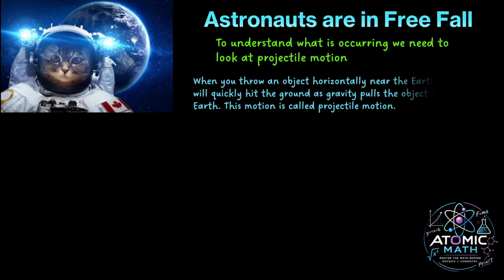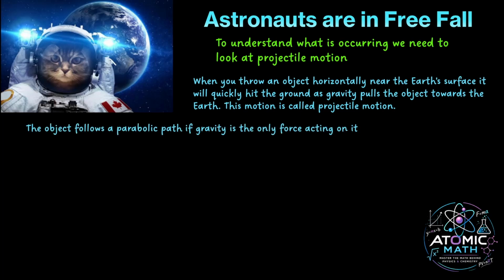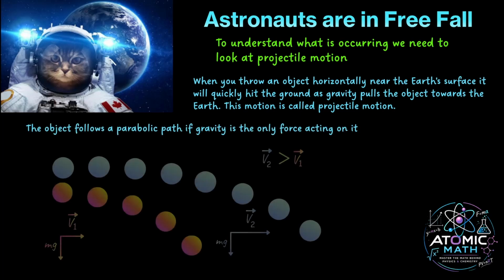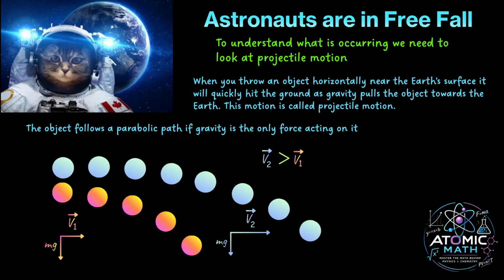When you throw an object horizontally near the Earth's surface, it will quickly hit the ground as gravity pulls the object towards the Earth. This motion is called projectile motion. The object follows a parabolic path if gravity is the only force acting upon it. Now, let's look at this diagram here. We can see that we have two balls, an orange ball and a blue ball. The orange ball was thrown with a slower velocity than the blue ball, and they both will hit the ground